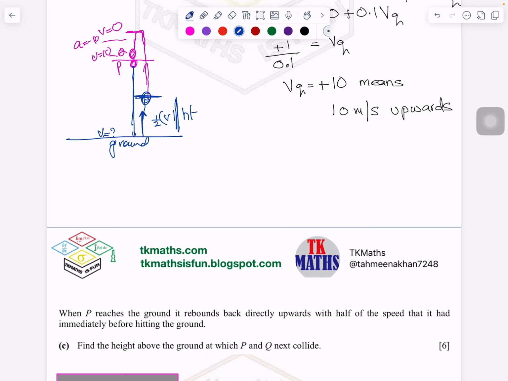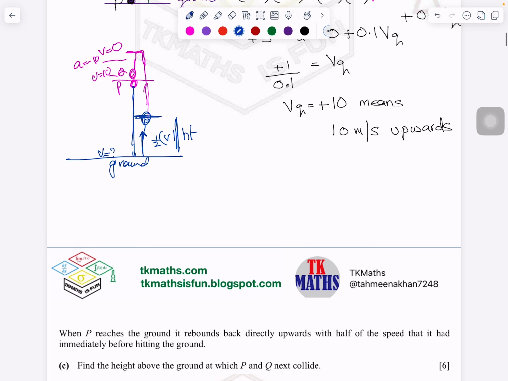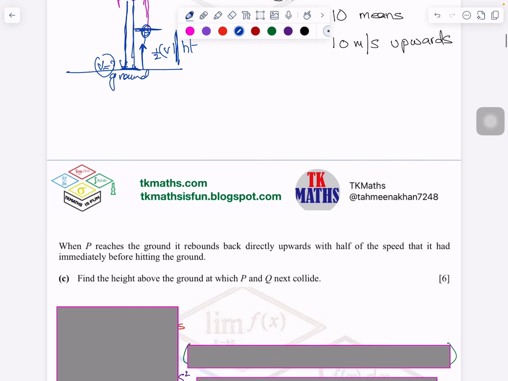There are 2-3 things, you know, because if you don't have this flow chart in your mind, you cannot solve the question. You may think why we are doing this, what is the reason. So the next step that comes to my mind is that I need to know how long P will take to come down. What is the reason? I want to know when P hits the ground, other than its velocity, I also have to find out how long it took to come down so that I know where Q is at that time. It is very important to know where Q is at that time. So let me find out here.